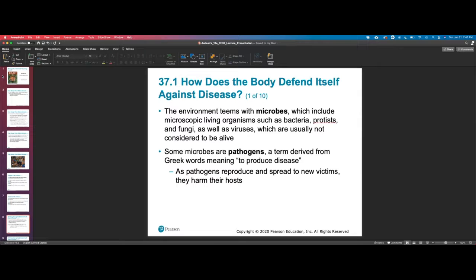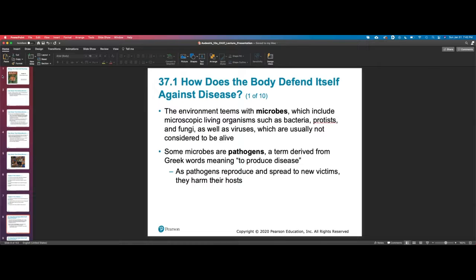Well, most of you probably know already it's going to be microbes. We've talked about that before. Microbes can be bacteria, protists, fungi, and maybe technically you may want to classify viruses as microbes. They are microscopic, but viruses aren't living. But you also have potentially some parasites that could be microscopic, or at least start off microscopic, or their larvae may be microscopic while they're reproducing.